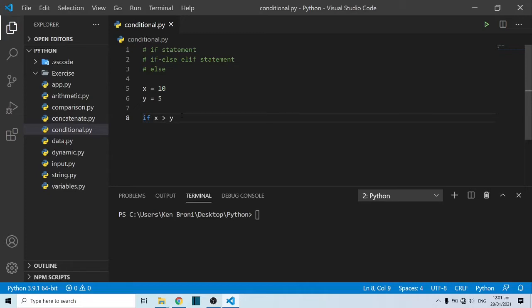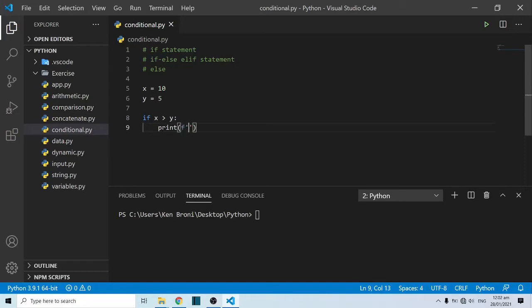So we are going to say if x is greater than y, then we put a colon over here, then we press enter. If you are using VS Code, it will automatically indent this for you, so the indentation is very important. Then we are going to print